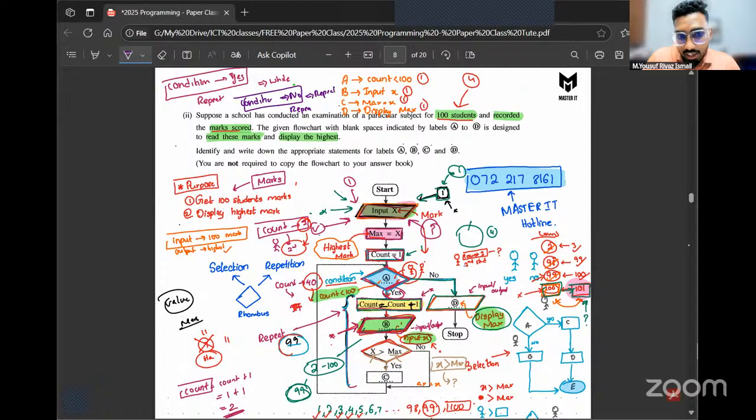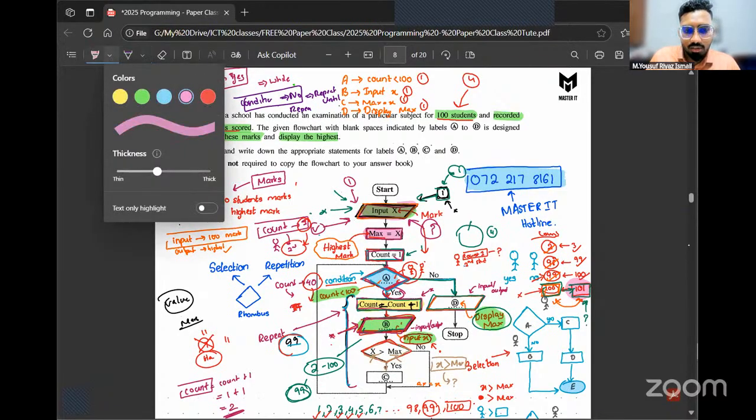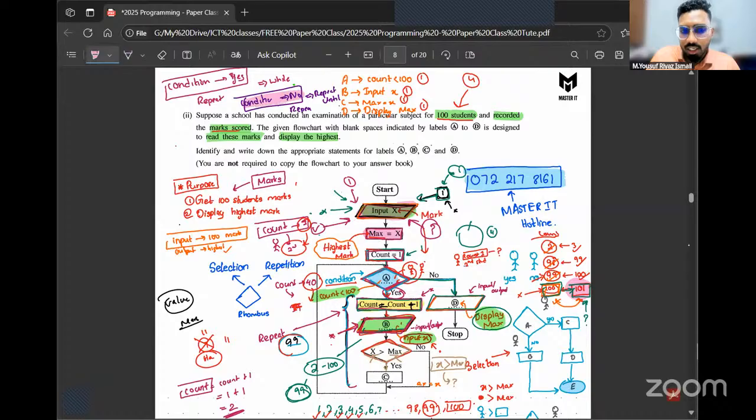But then again, a program written in the repeat until loop, you can write that same program using a while loop as well. The program written with a while loop, you can write the same program the repeat until loop way as well. It's not strict. If you give a flowchart, I can write it using a while loop, and I can write the same flowchart using a repeat until loop as well. Both are possible. But if it's a direct conversion, what you can figure out is based on the condition. If the condition is no, you're going to repeat, then it's a repeat until loop. And only if the condition is yes, you're going to repeat, it's a while loop.